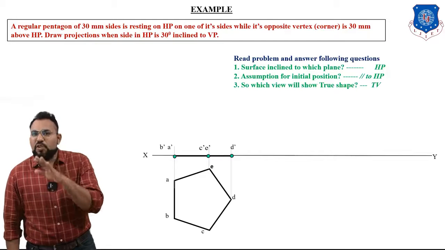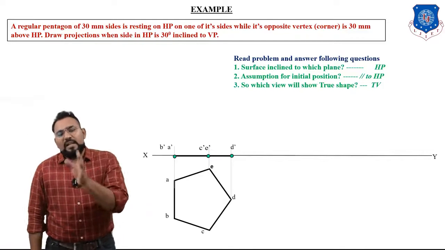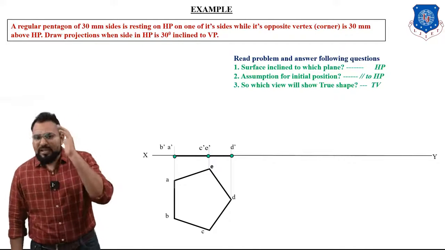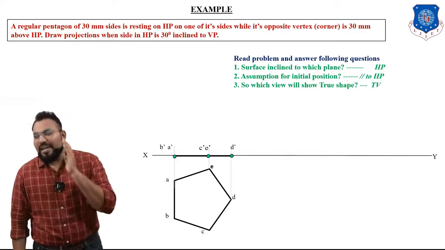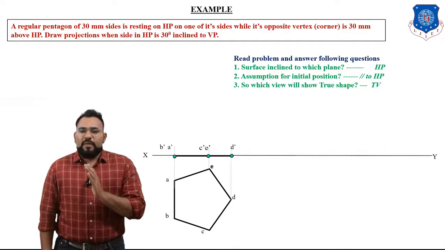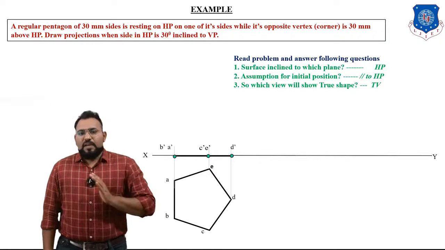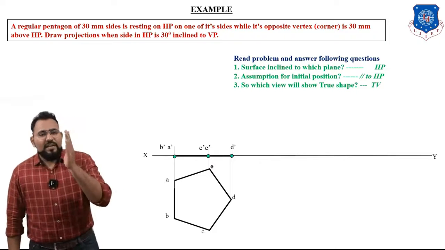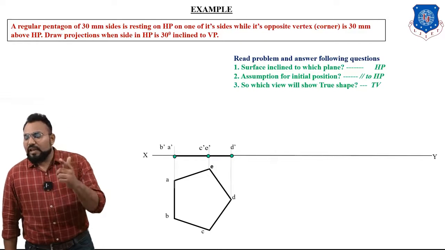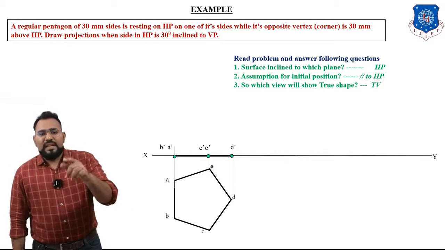But for second stage, you know that if any surface is resting on HP, in second stage, which angle you have to take? Yes, you are right. You have to take HP angle. But here the HP angle is not given, but some condition is given over here. By using that we can derive HP angle. So what condition is here? The condition is